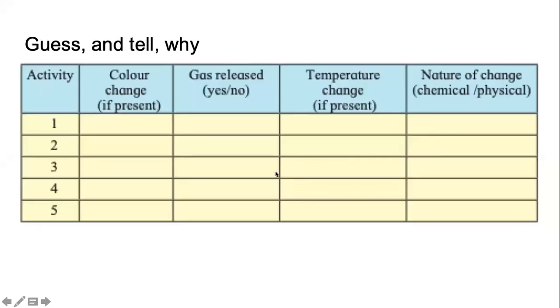Now, in this activity, it tells us what things we are using, what chemicals we are using, what we are doing with them. 5 actions, 5 different activities. Now, just make a guess. Just read what those 5 things are. Activity 1, 2, 3, 4, 5. And based on our limited knowledge of what is a chemical change, what is a physical change, just make a guess कि ये जो 5 चीजें दी गई हैं,